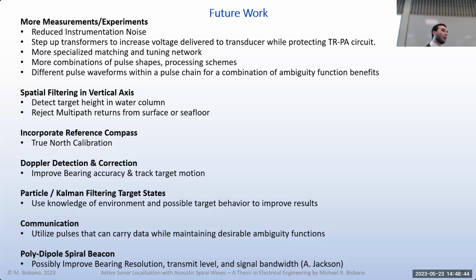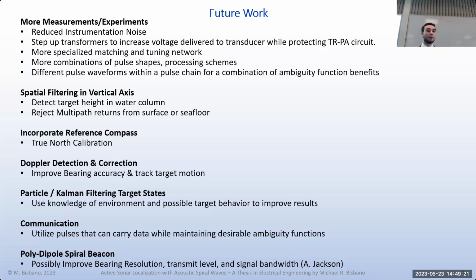So with that hydrophone there, I would have preferred to use the same projector receiver in the same package, but I had to co-locate a hydrophone. That way I could bypass my TR switch and drive the voltage up more. So that would be good. If I use some step-up transformers, I could have that after the TR switch going towards the transducer, which would step down the receive signal, but it would step up the transmit. So then I could still use the same TR switch and maybe get the same results or better with one